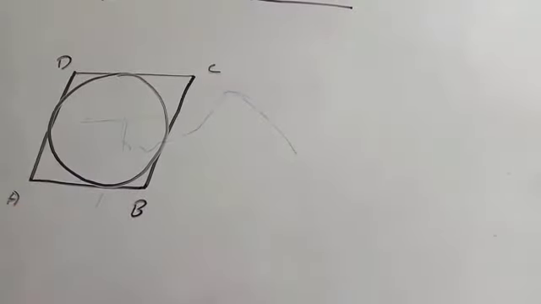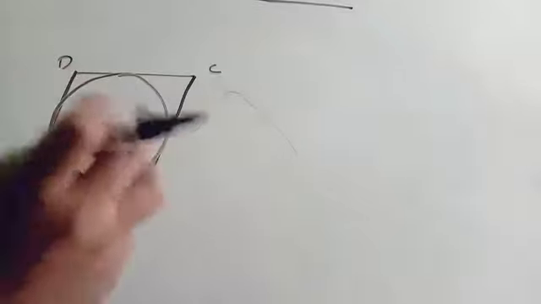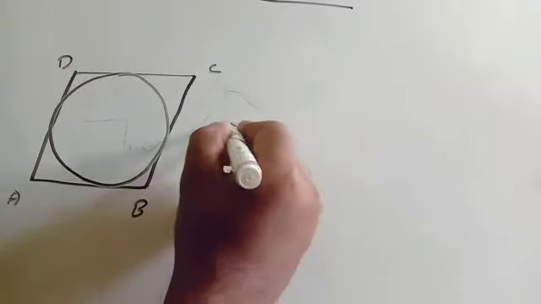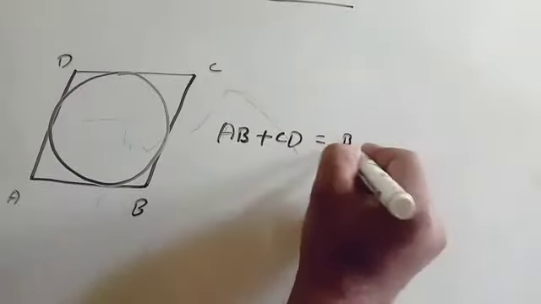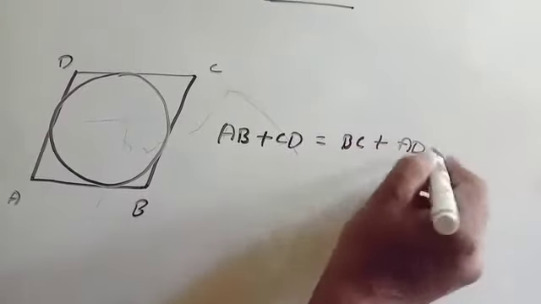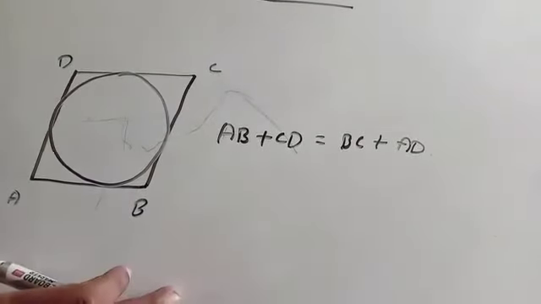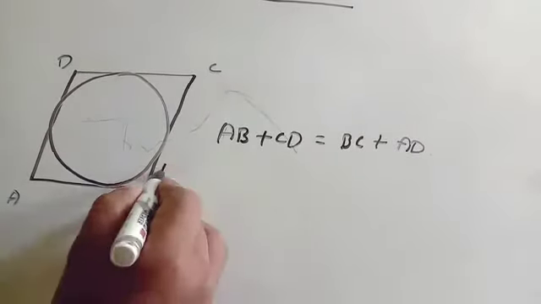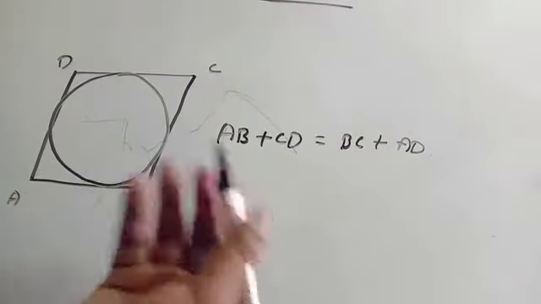Just now we did one question. What is the question? If any quadrilateral is circumscribing a circle, then sum of opposite sides is equal. That means AB plus CD is equal to BC plus AD. Just now we proved this. You can use this proof, or if you want to do this question separately also, then again same thing, A, B, C, D things. You want to do in that way or this way, anything is fine.